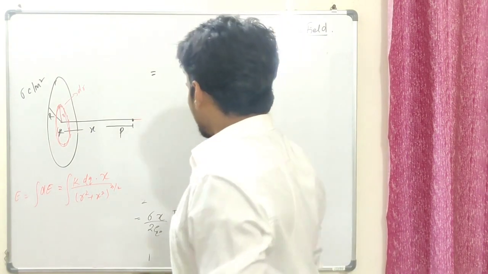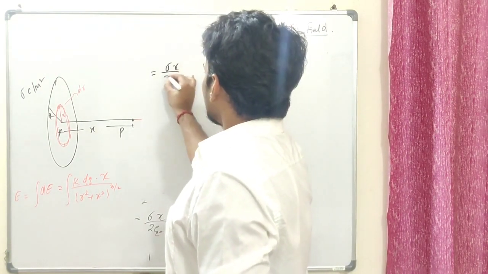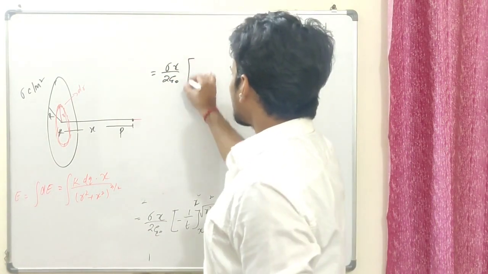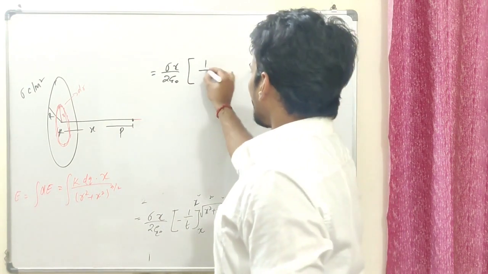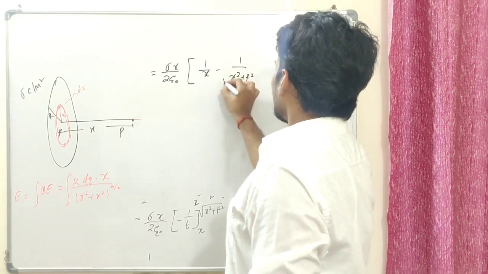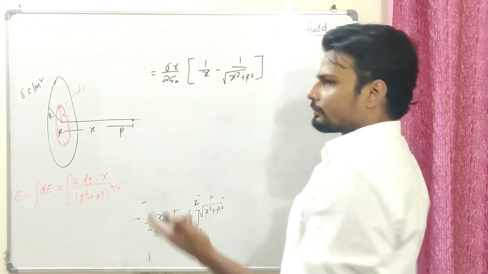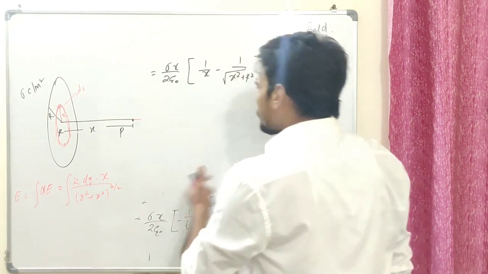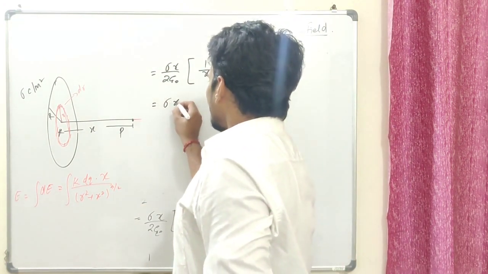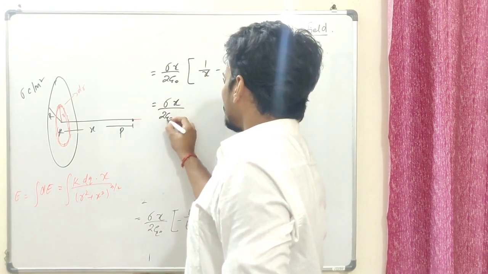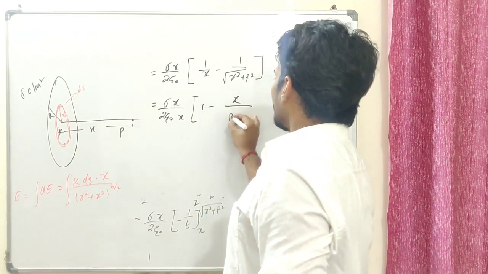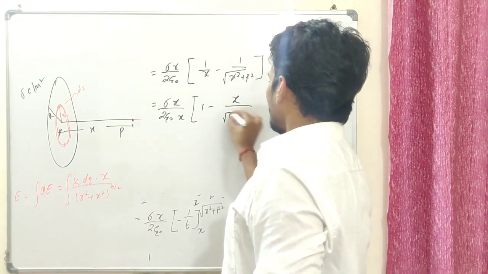So I'm gonna have sigma x over 2 epsilon naught. Actually I can just right away put the limits with the negative signs, keeping in mind it should be 1 over x negative 1 over x square plus r square under a root. You can leave it here, no problem with that. But if I just want to make it look slightly better, I would take out this x common. In denominator I'll be having sigma x over 2 epsilon naught x over here, and this is going to be 1 over x over r square plus x square.